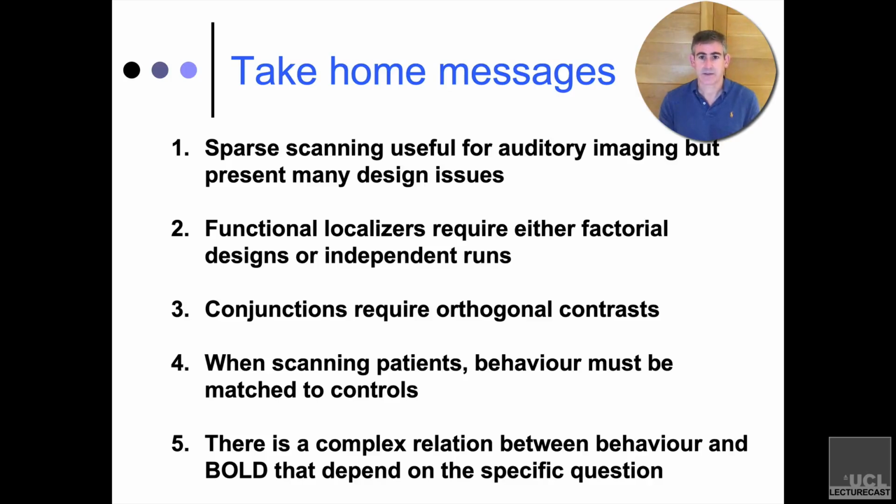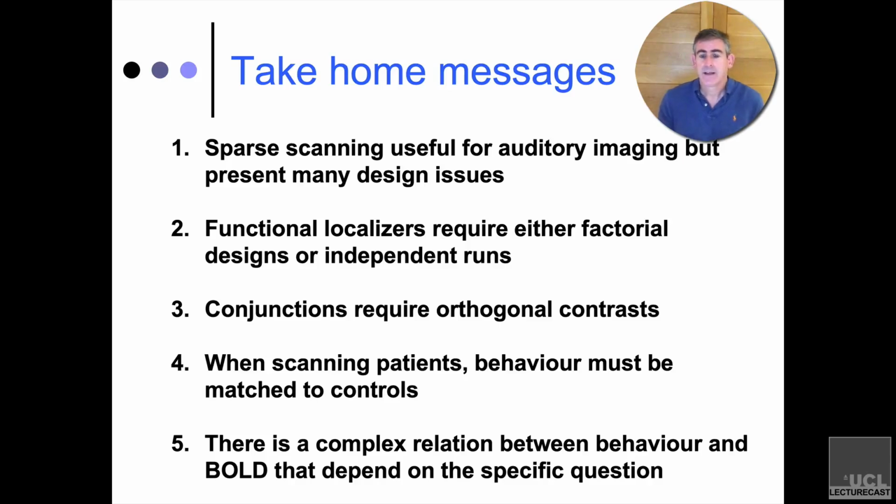The fact that there's statistical sensitivity issues is first and foremost among them, and also the fact that you get these sampling bias issues due to the fact that the default potential here is to make sure that the interstimulus interval, that is the stimulation, and the TR, the recording of the data, are locked in time. You want to avoid that if you care about an area outside of, say, auditory cortex, where it's just one